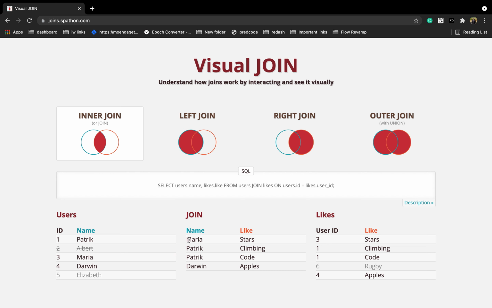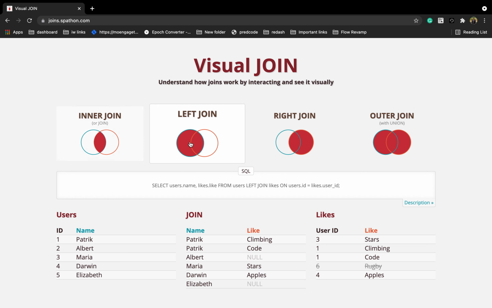So if you'll see, the common things are getting printed, right? So 2 is not there in this table, so we are excluding this 2 because this is not there in this user ID, right? We are doing join on ID and user ID, and 2 is not there. 5 is also not there, and here 6 is not there, right? So only the common things 1 3 3 1 1 4, these all are there, right? So 3, which is Maria, 1 Patrick, and then this, right? So this is how this is intersection.